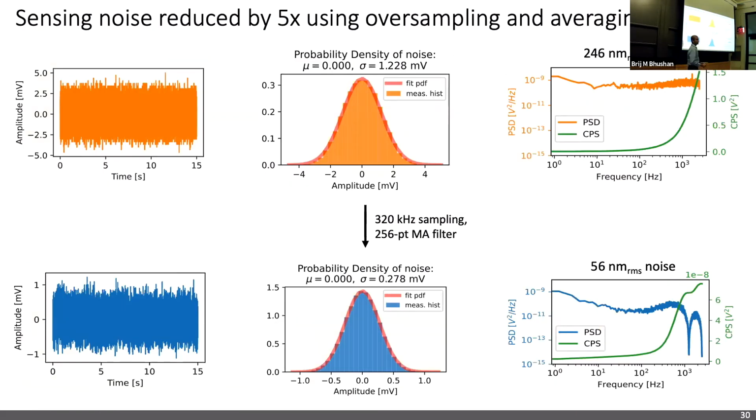Okay, to obtain high gains, we have to have low sensing noise. So we use eddy current sensors, standard industrial eddy current sensors. In fact, their intended purpose is not even to be used as eddy current sensors. Their intended purpose is to be used as switches in industry. But these are analog sensors, and by oversampling and averaging, we are able to make them work as very good low noise positioning sensors. We get a positioning noise of 56 nanometers,